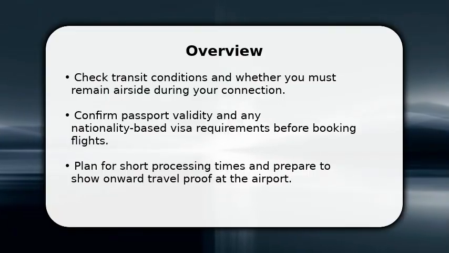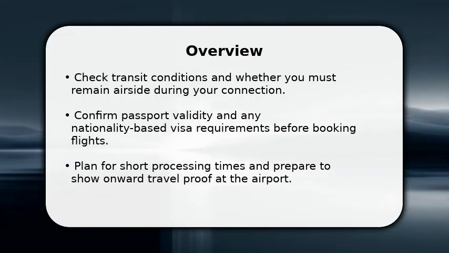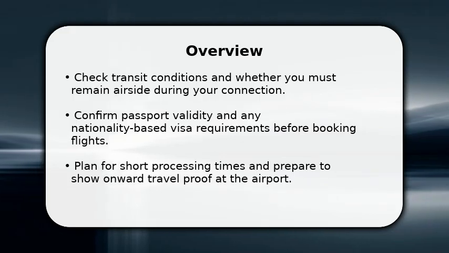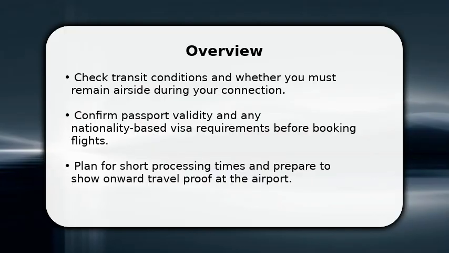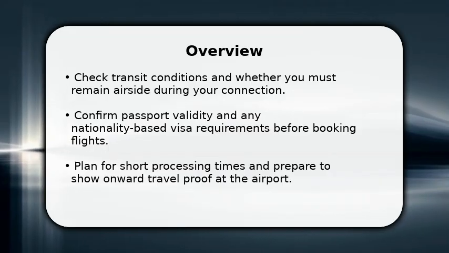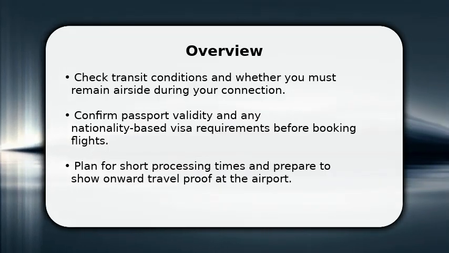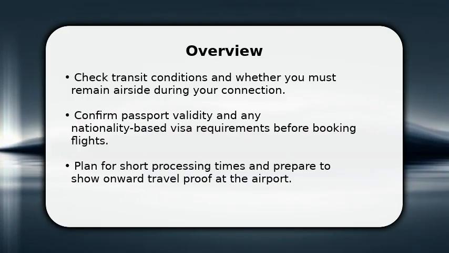In this video, I will explain how to apply for Australia Transit Visa step by step. Start by confirming you meet transit conditions and know whether you must stay airside or can pass through immigration. Check passport validity and visa requirements for your nationality and prepare onward travel evidence. Keep a clear itinerary and allow time for document scans so your application is quick and accurate when you begin